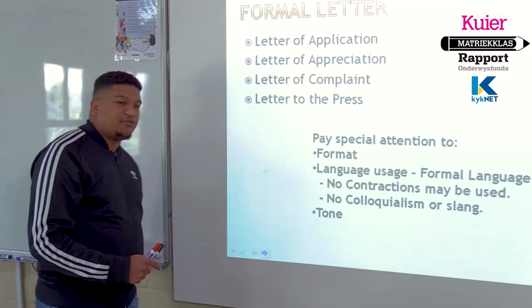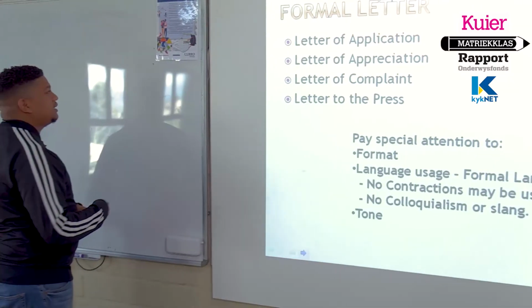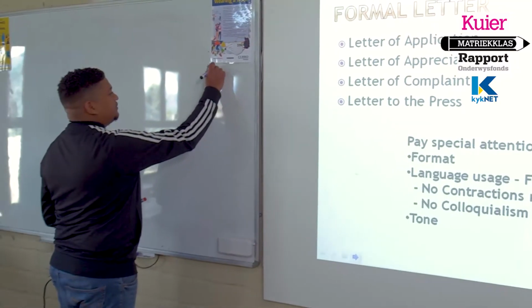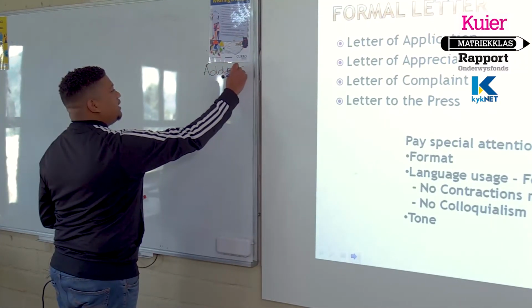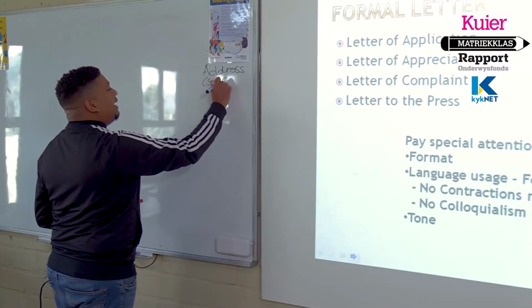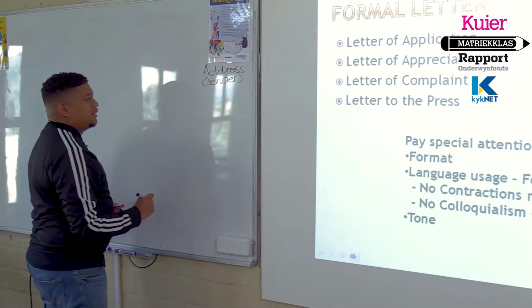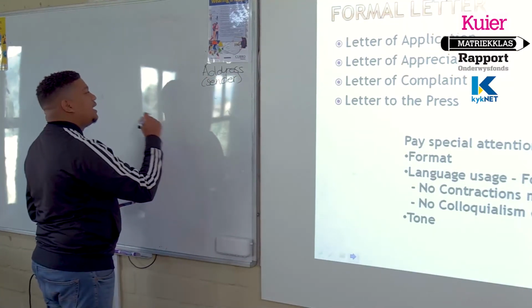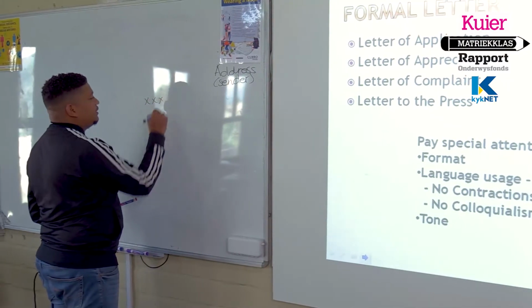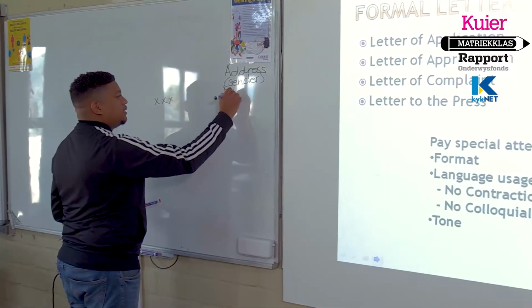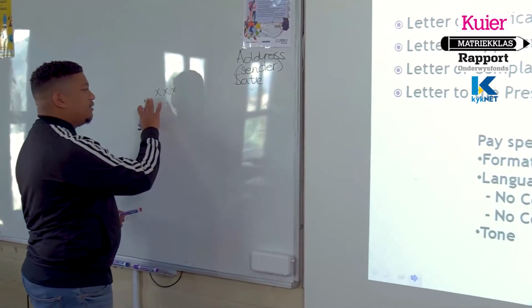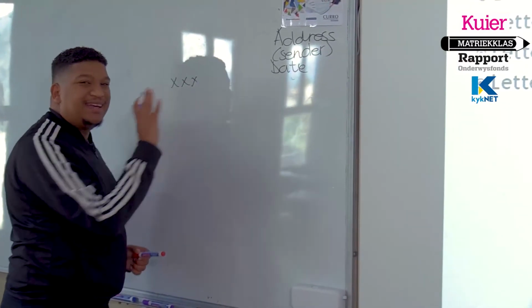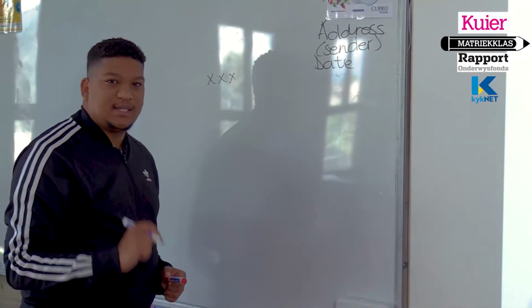So the formal letter format is a bit different, right? We still have our address here, but the address here is of the sender, mine, right? And once again, obviously, I'm going to leave a line. Obviously, we need to remember the date. Once I've left open the line, here it comes: who the letter is addressed to.